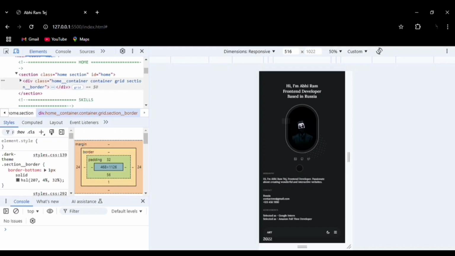The entire website is made using HTML, CSS, and JavaScript. It is a very beginner-friendly project. You can make this. The source code is available in the description, and the full tutorial